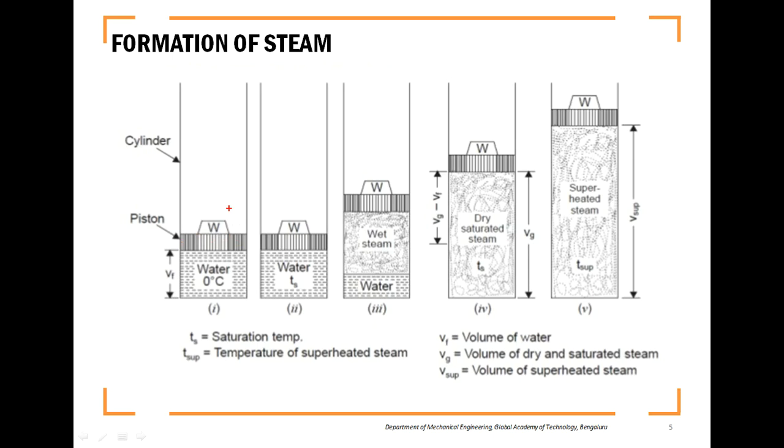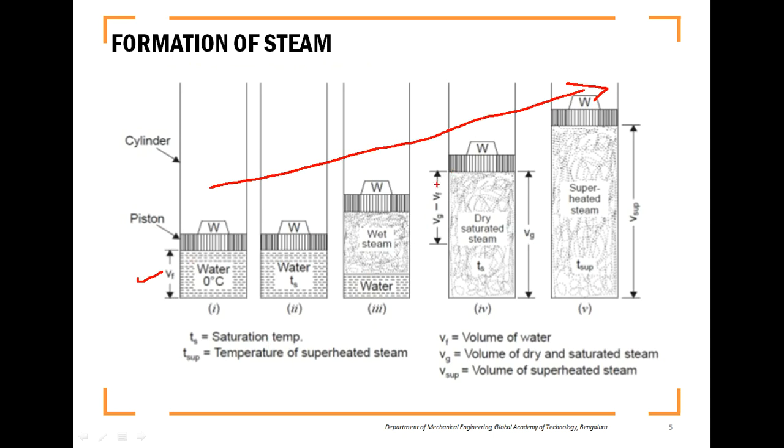Before that, when you open the cylinder, fill it with water of volume Vf. The cylinder is filled with water of volume Vf, and the water is generally taken at 0 degrees Celsius. Then you close the piston and keep a weight W above it. After that, you start heating. You have to apply an external source of heat to the water filled inside the cylinder, and slowly, when the water is heated, it gradually goes through stages. Here are the 5 stages the water reaches.